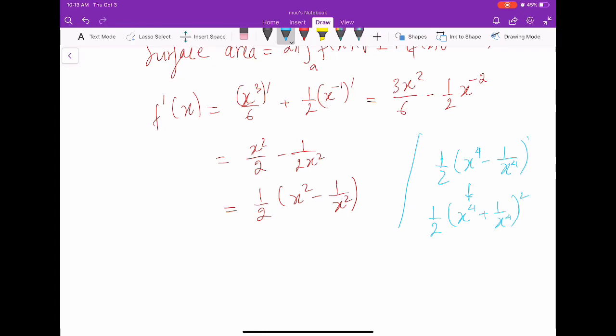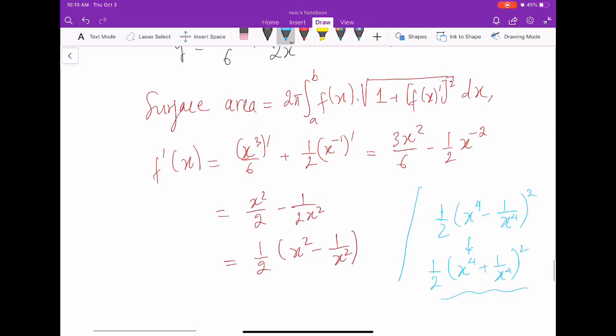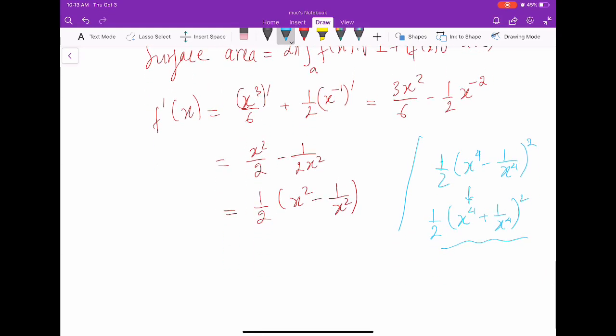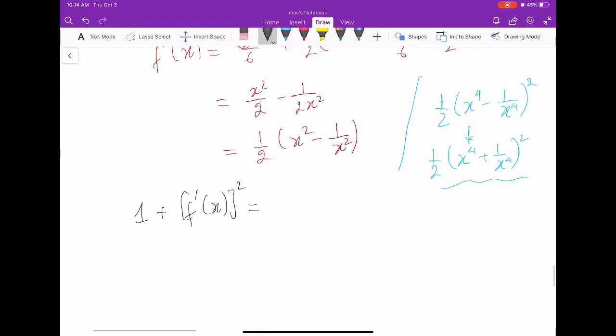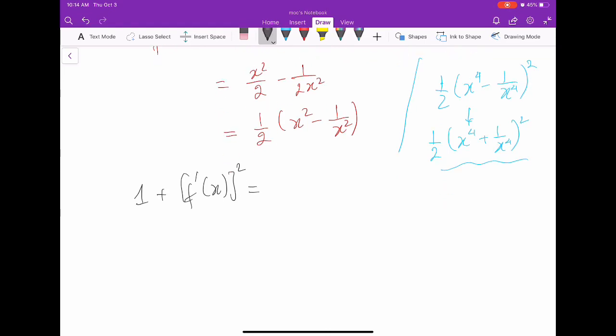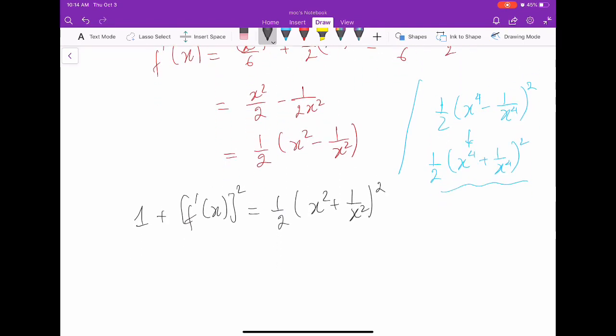So this is a very, very standard example. All right, from here, I can write 1 plus f derivative x squared equal to, I'll just jump ahead and write, equal to 1 over 2 x squared plus 1 over x squared squared. So from here, we have